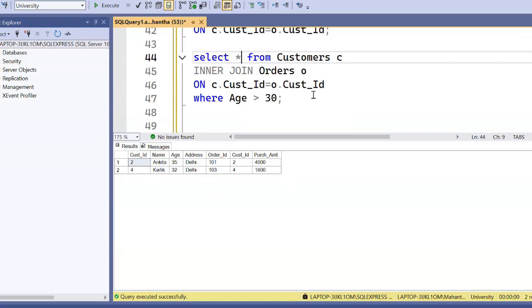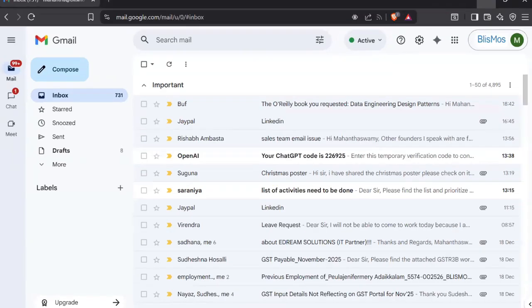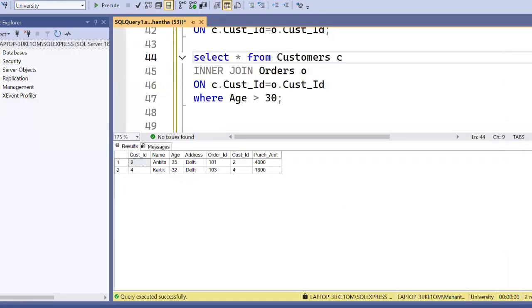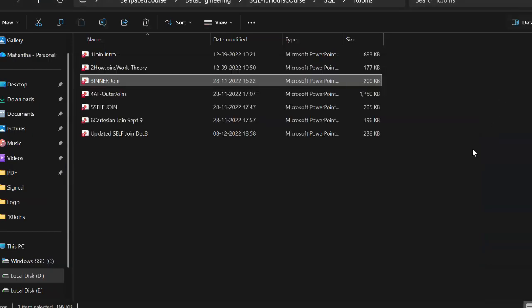Wonderful then. We are almost near the closing of the class. We do have multiple videos on the joins. We have outer joins, self join, and also Cartesian joins.